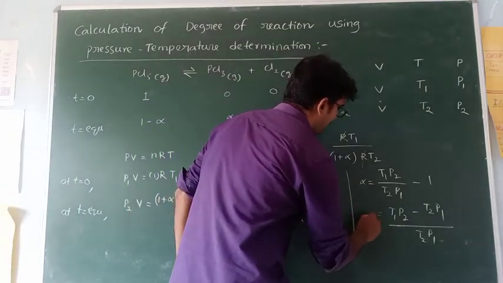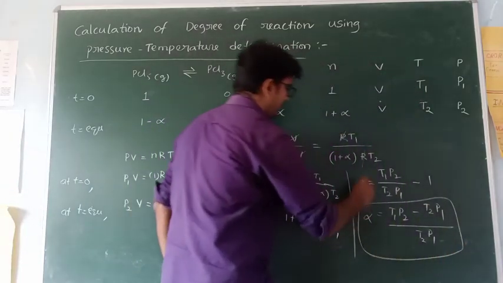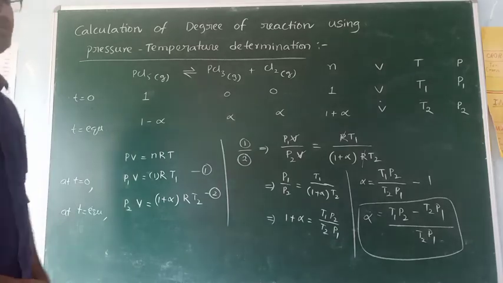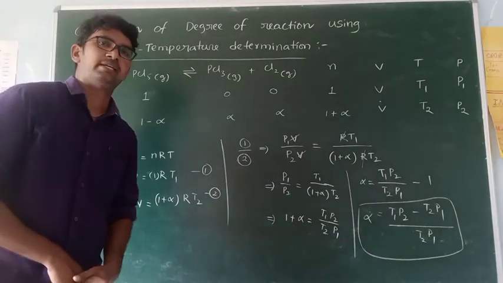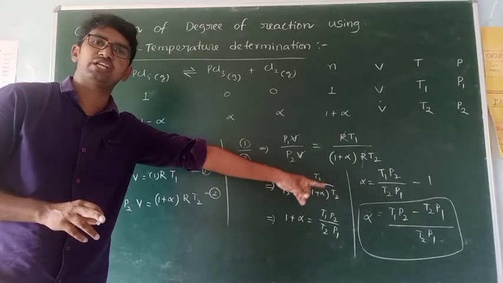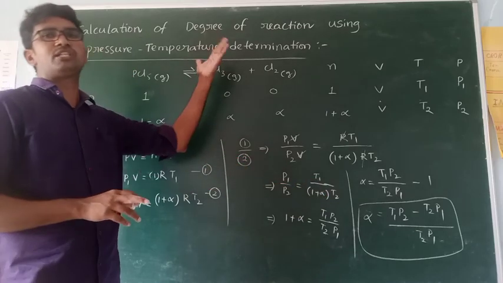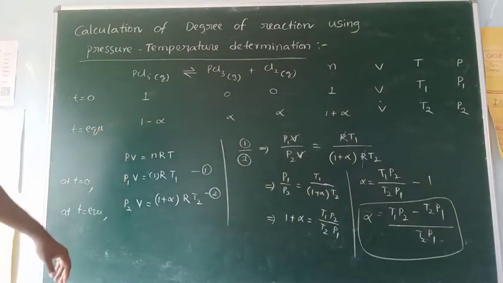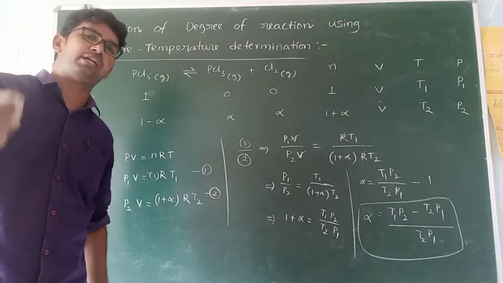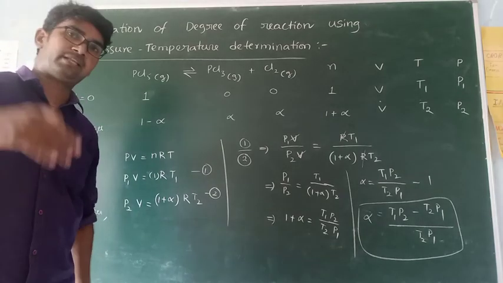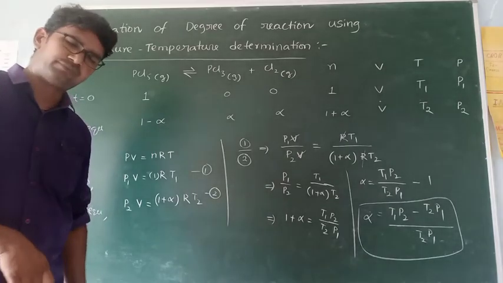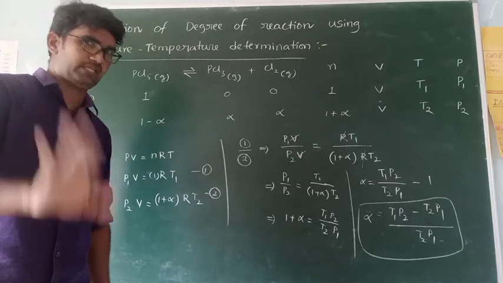This is the formula for the degree of dissociation and the temperature and pressure relation. Okay, today's topic is completed, but these are important reactions. This is the relation between degree of dissociation, temperature and pressure. Before this, I explained one more formula, that is degree of dissociation and vapor density: alpha is equal to capital D minus small d by (n minus 1) into d. Or in another way, in molecular weights, capital M minus small m by (n minus 1) into small m. That is another important formula.